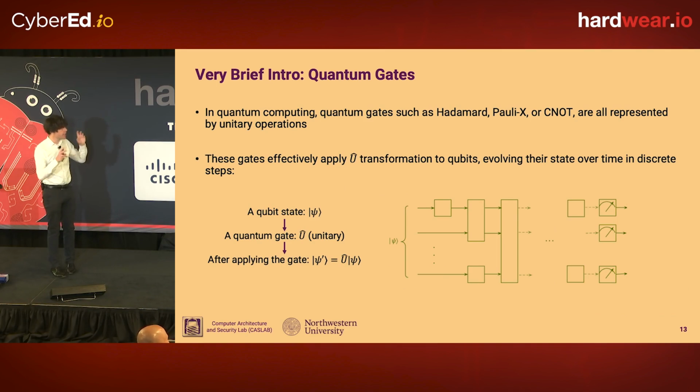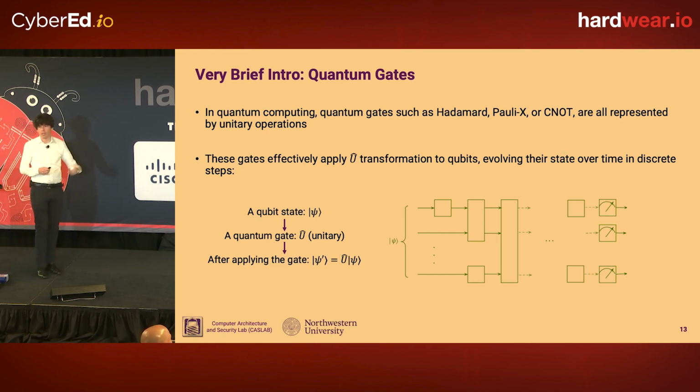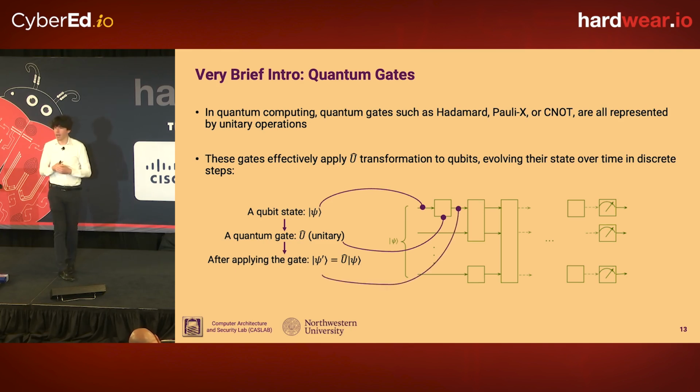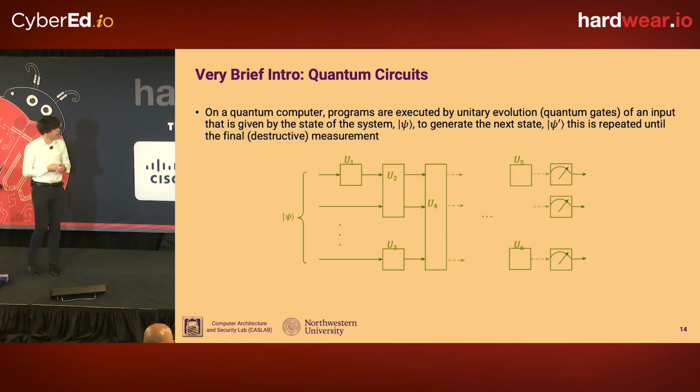As your circuit executes, each of the qubits is actuated on by a square, which represents a quantum gate. Typically we have 1- or 2-qubit quantum gates. You could have bigger ones, but they're difficult to implement. The main idea, as I mentioned before, is that you have some state of the qubits, then you actuate the qubits and get to a new state, and this repeats itself. That's how you perform the computation on the qubits.